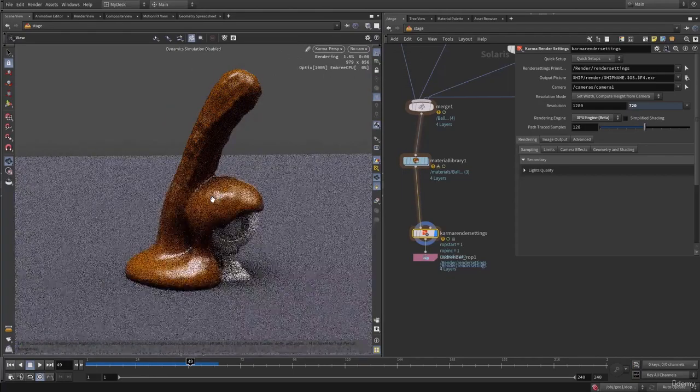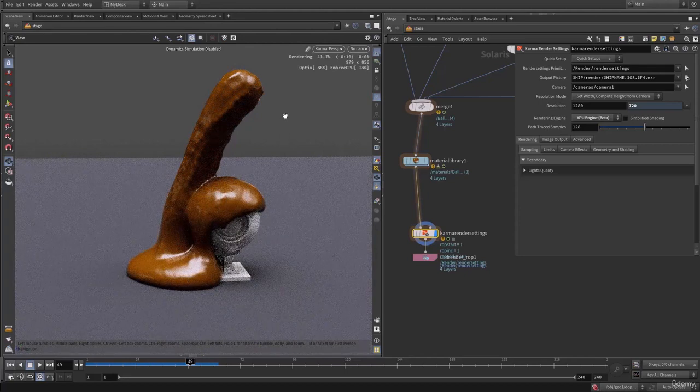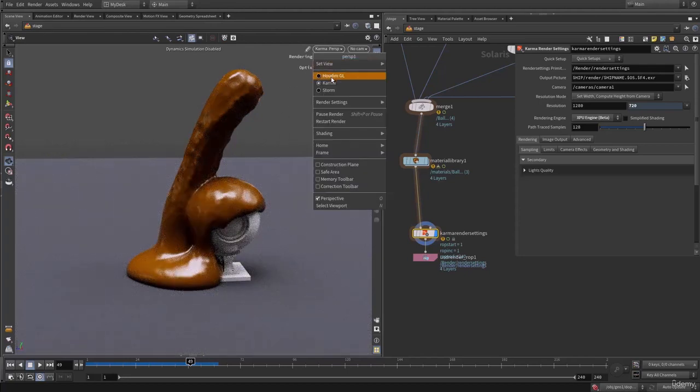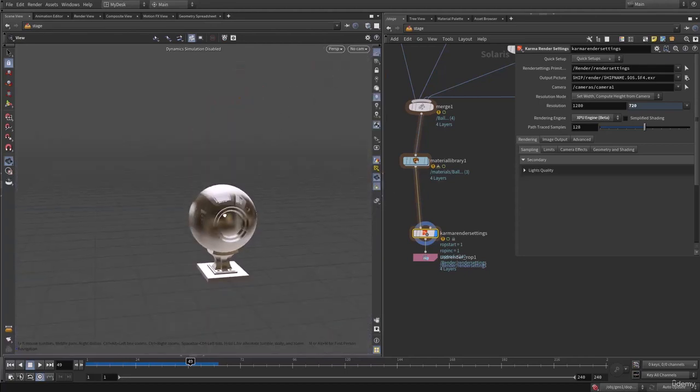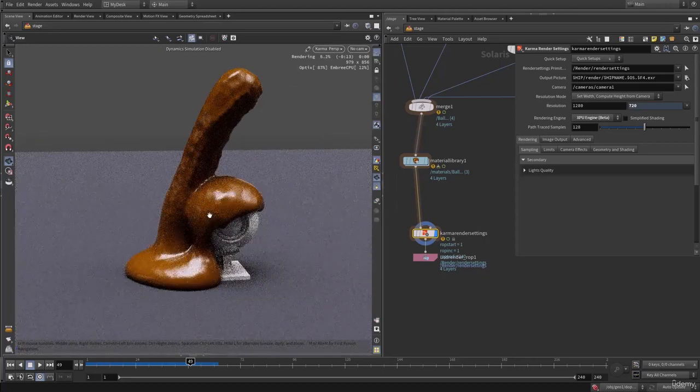Here as you can see we have it in the rendering. So let's change this back to Houdini GL, so it's not showing up. So something is wrong with the Houdini viewport. Okay, so let's change this to Karma again,